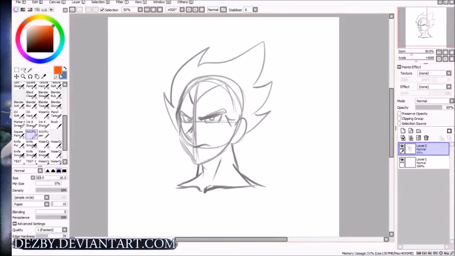That way you won't confuse your sketches and your line art, because if we had this at 100% and then we try doing line art, it can get really confusing. So that's why I like to turn it down. Alright, so